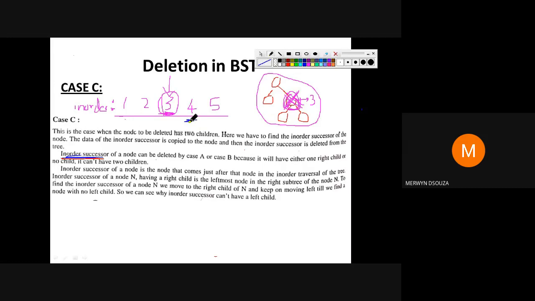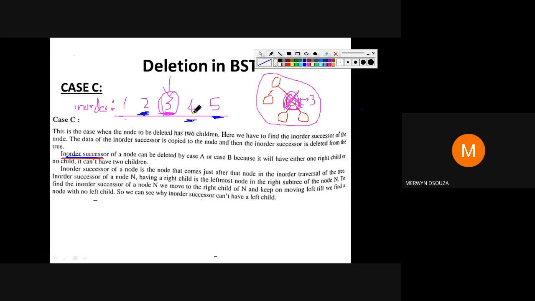Similarly, suppose I want an in order successor of 4. The value that comes after 4, so 5 is the in order successor of 4. 2 is the in order successor of 1. So any number that comes right after the number you are referring to will be the in order successor of that number. In order successor of 2 is 3. In order successor of 1 is 2. In order successor of 3 will be 4. Similarly, in order predecessor means the number in front of that. So suppose I want in order predecessor of 2, in order predecessor of 2 will be 1.